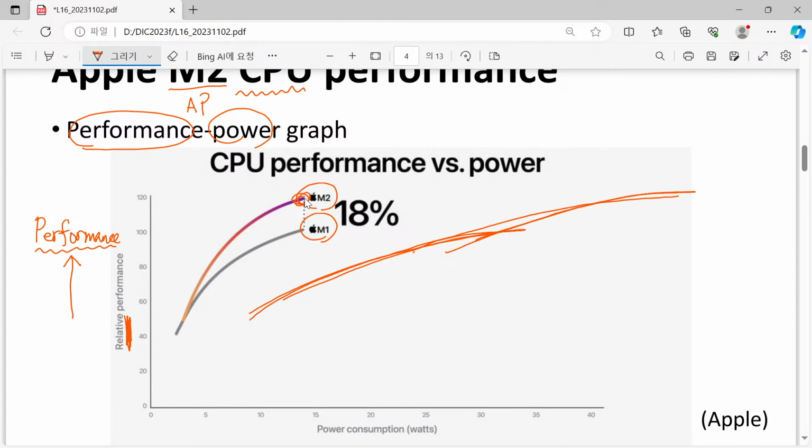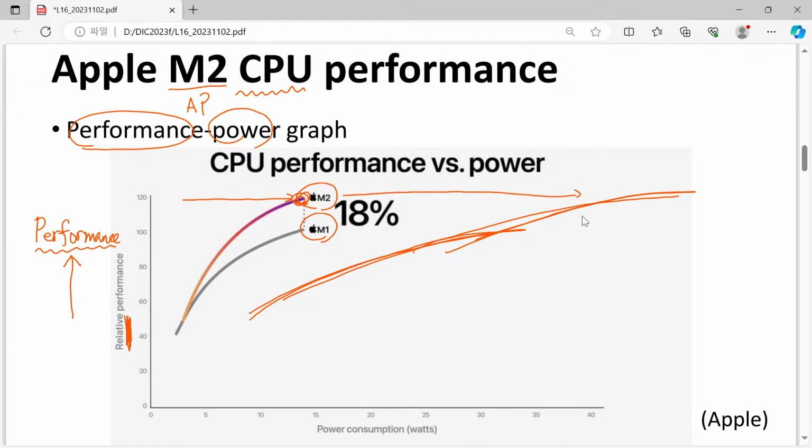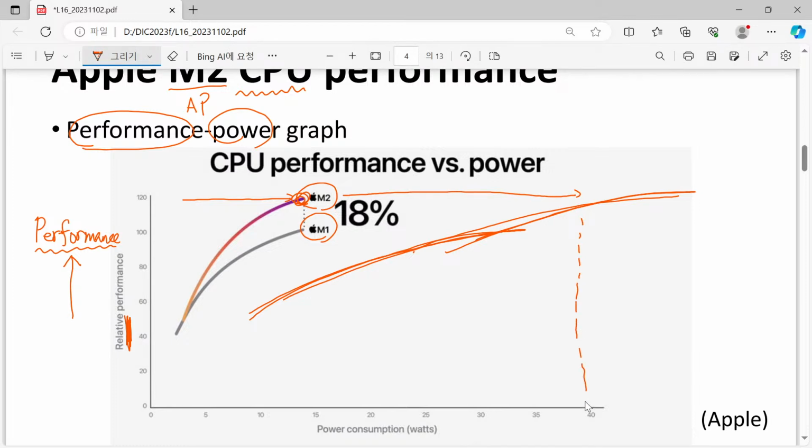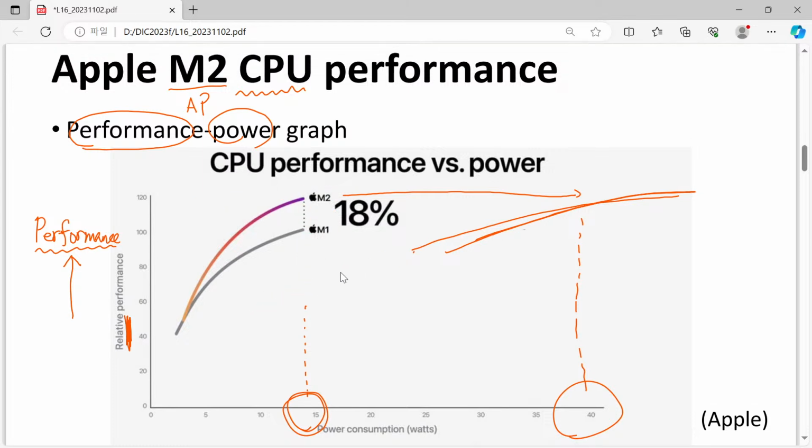In order to get the same performance of this new chip, we must spend more power. On the other hand, if we spend the same power consumption, then our performance will drop significantly. So this kind of trade-off relation between energy efficiency and performance is once again confirmed in